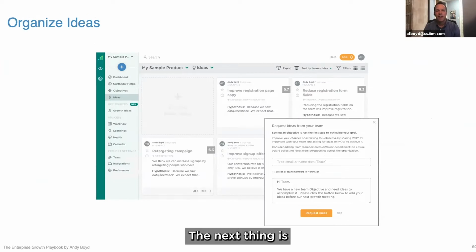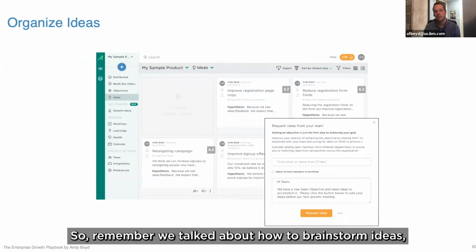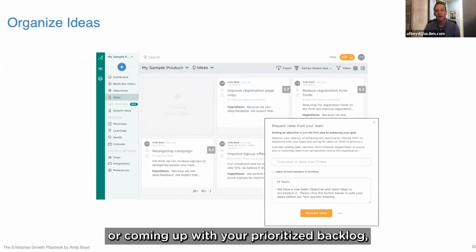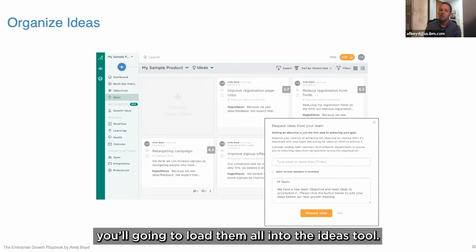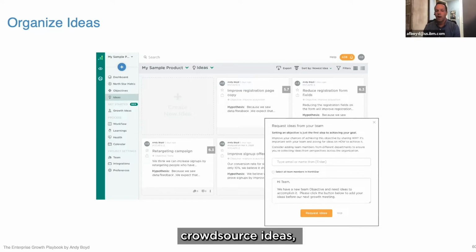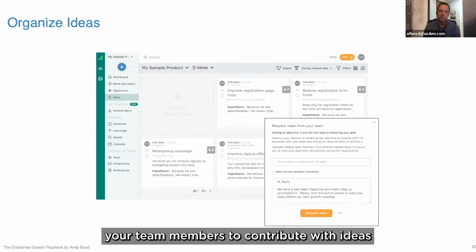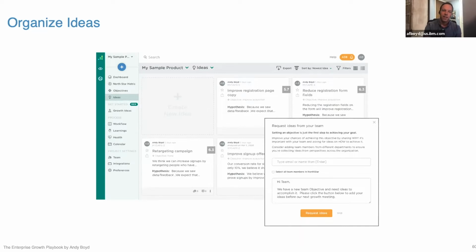The next thing is they have the process to capture all the ideas. So remember, we talked about how you brainstorm ideas or come up with your prioritized backlog. You're going to load them all into the ideas tool. One of the things I really like is you can actually crowdsource ideas. So there are some great tools where you can ask your team members to contribute ideas, and they go right into